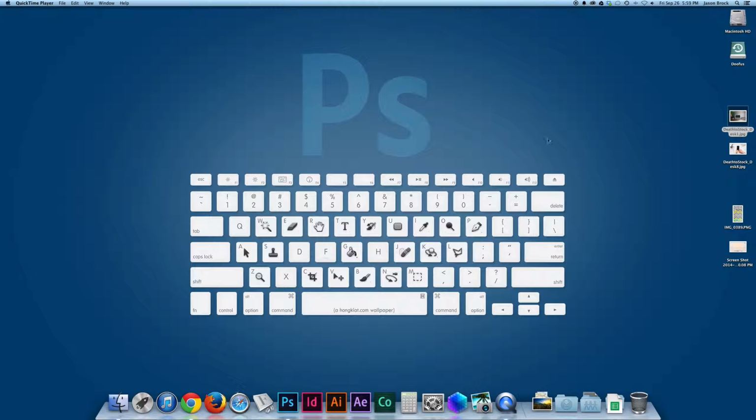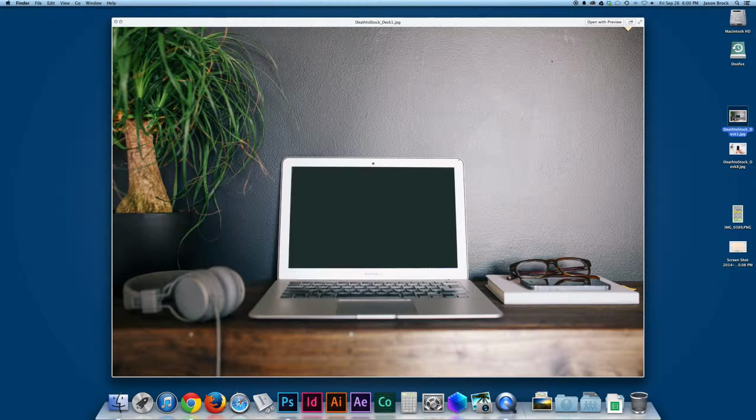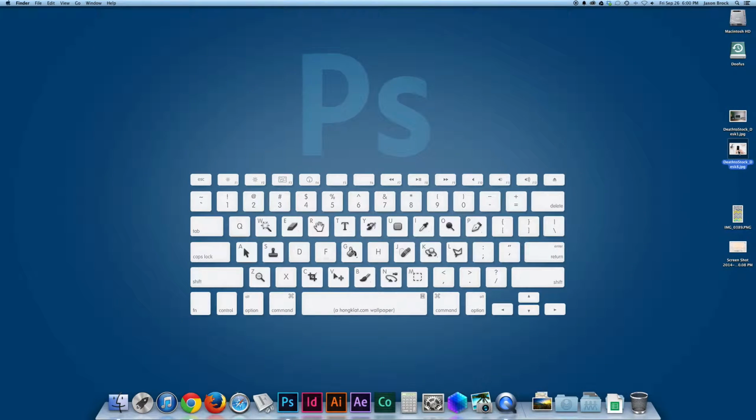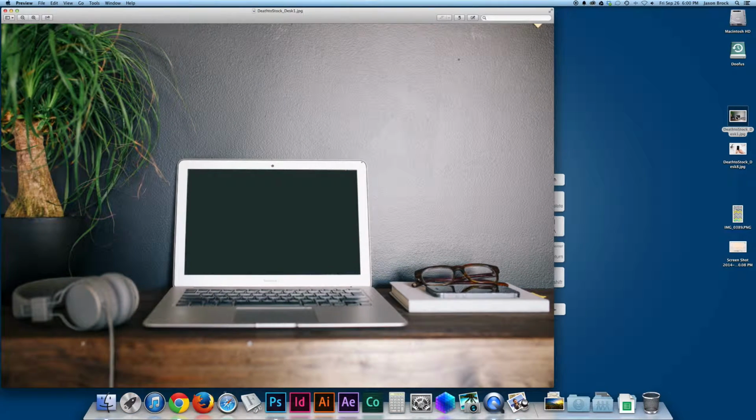The first thing that I've done, and I would suggest that you do, is find a good stock photo source. I use one called Death to the Stock Photo. You can see in their file names here. They are free. You just sign up with an email address. They'll send you 10 new photos a month. They're pretty good, fairly competent. I've selected one that is a picture of a MacBook Air and one that is a picture of an iPhone. Right now I'm just going to do the MacBook Air. If you guys want me to do the iPhone, comment, let me know, and we'll make that happen.